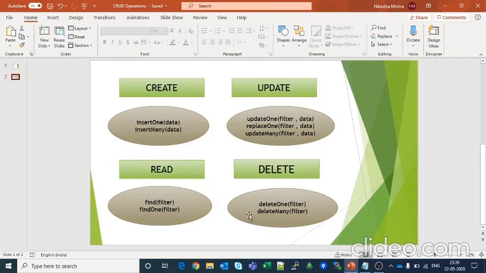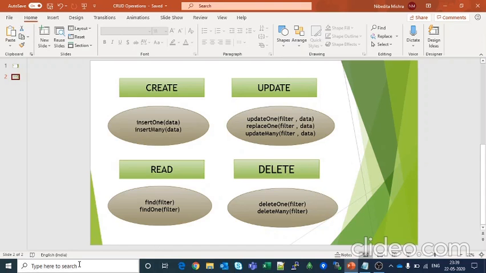And to delete many documents, we use deleteMany. And if you do not pass any criteria inside the query, then it will delete all the documents inside the collection. So let's execute all these commands and see how they work.